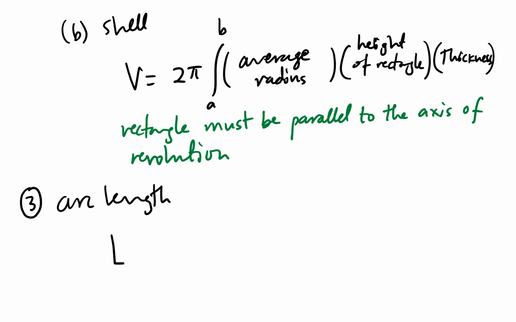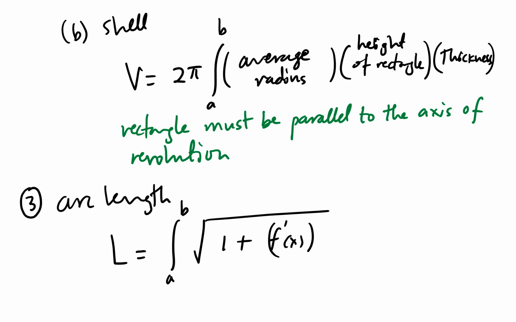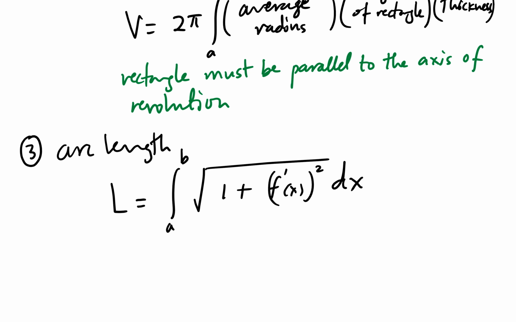The integral a to b, the square root of 1 plus the derivative of the function squared. Don't forget derivative and don't forget the square. Dx. That's the arc length. So usually, just to remind you, on the side, if there's a question on this,